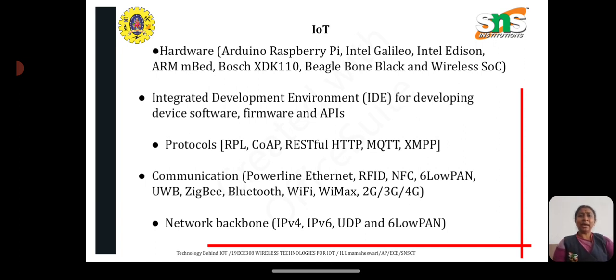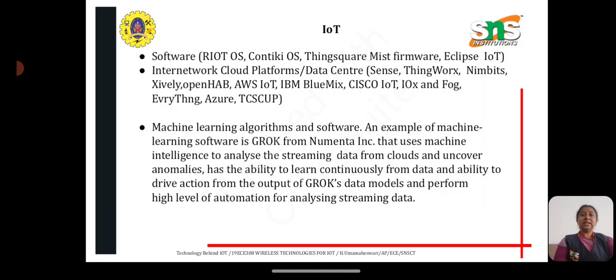Then the network backbone or internet protocol version 4, version 6, user datagram protocol and the 6LoWPAN protocols. Then the software used here are RIoT OS, Contiki operating system, that is a real-time operating system, and the ThingSquare MS firmware,